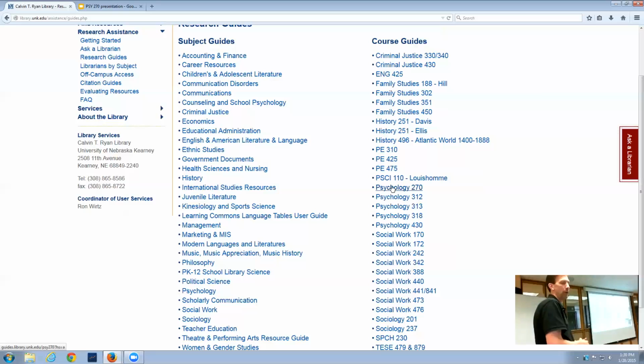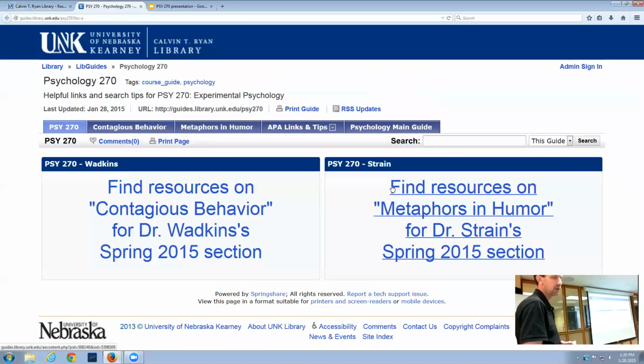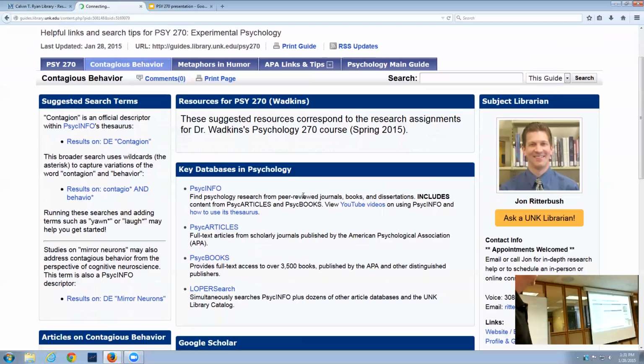If you didn't already open up a browser and you're maybe playing catch-up, I do have the address for that research guide. It's the second link on your handout there near the top of the page. It's guides.library.unk.edu/PSY270. And at this landing page, we've got a little bit of a decision here. We do have two sections going on this semester, one for Dr. Strain's class and one here for Dr. Watkins. And we'll click into this